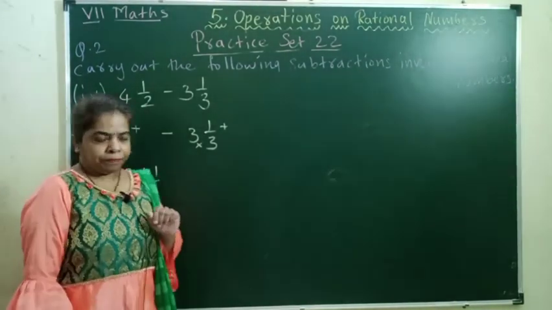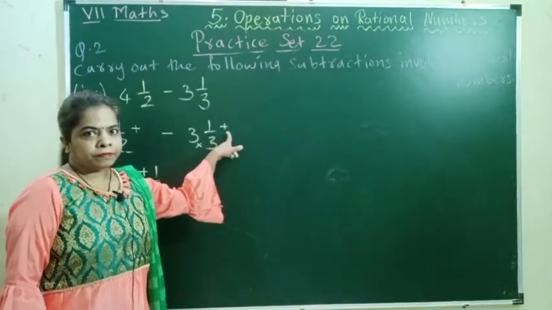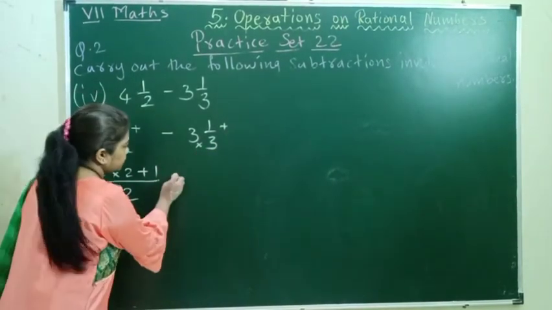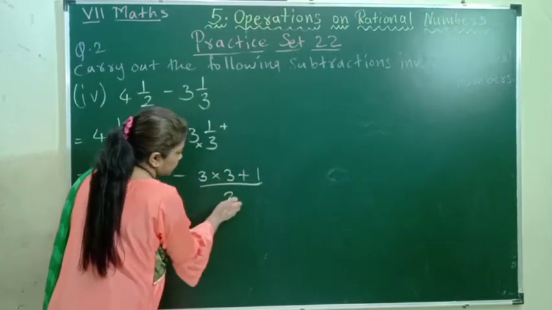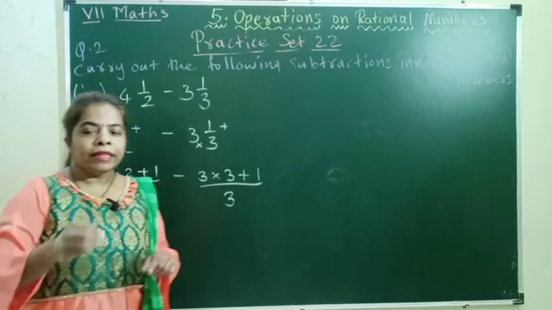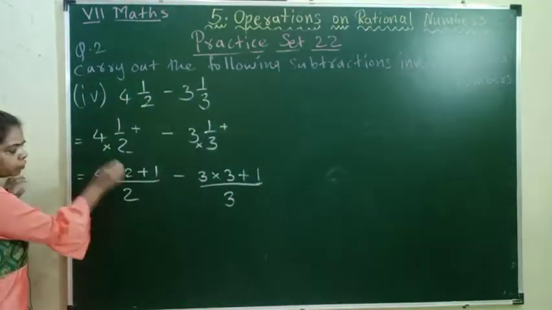Denominator will be same. 3 into 3 plus 1. Denominator would remain same. So 4 twos are 8